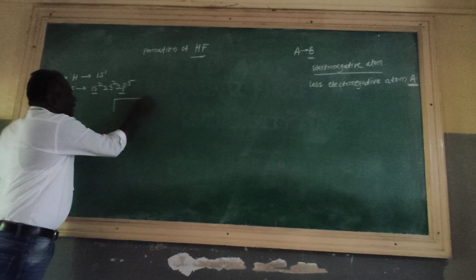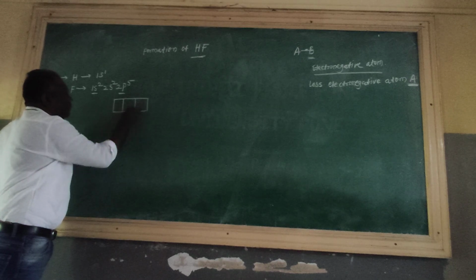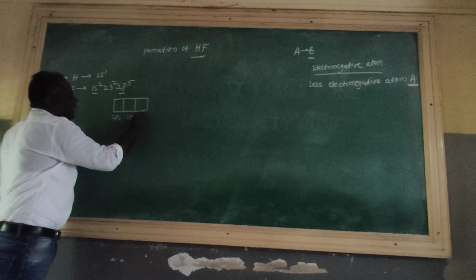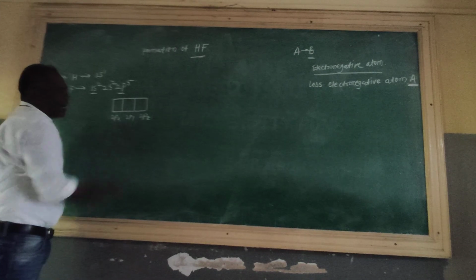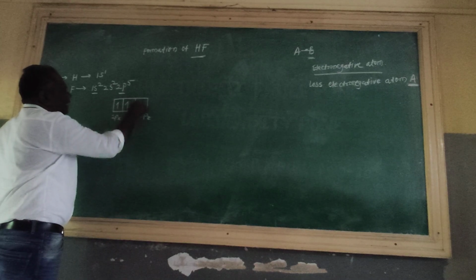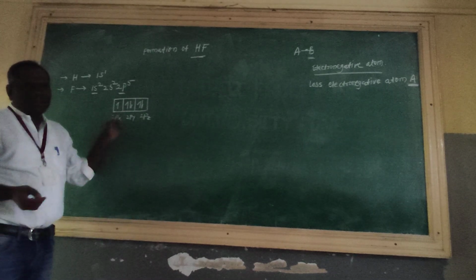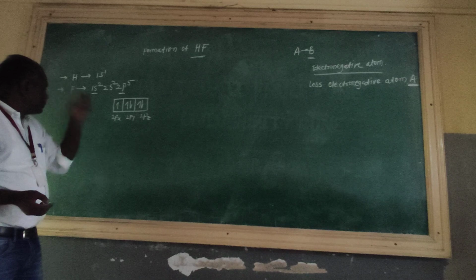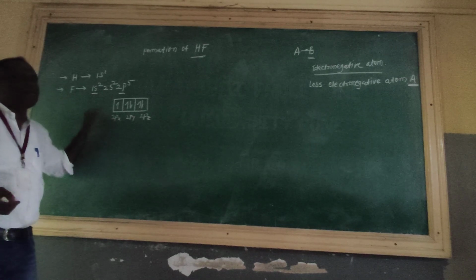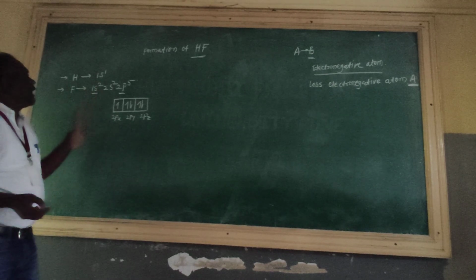We know that in the 2p orbital there are 3 suborbitals, that is 2px, 2py and 2pz atomic orbitals. 5 electrons can be filled: 1, 2, 3, 4 and 5 electrons. We can fill either way around, but we know that the px orbital lies along the internuclear axis. Therefore, the px orbital is suitable for bonding with the 1s orbital of the hydrogen atom.